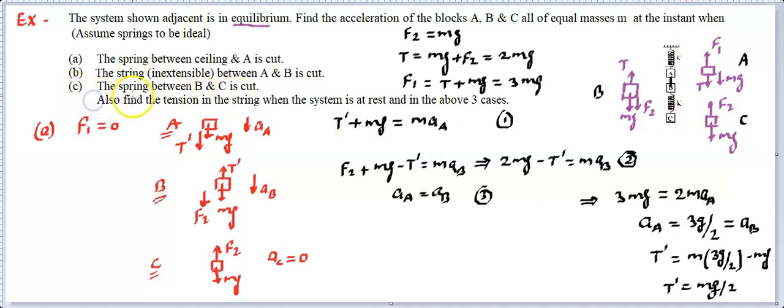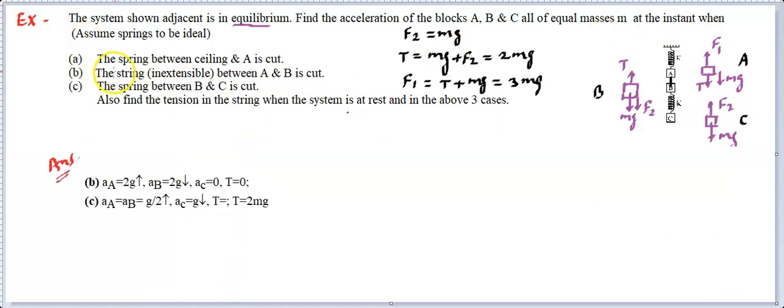Similarly, in the C part, the spring between B and C is cut, so that's just like when we cut the upper one. You calculated a for the rest, now you cut this, make this F to 0, then write for all of it. I'm providing you the answer, then you can check. We have solved part A, and the answers for part B and part C are mentioned over here. Now you can check your answer after solving, and if you got it, that means you have understood it. Otherwise, rewatch it, then solve it.